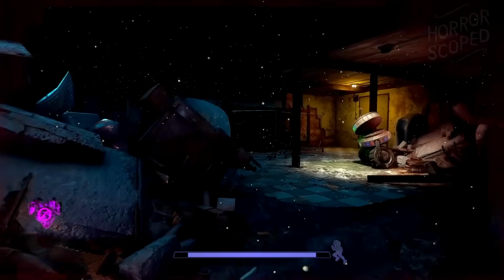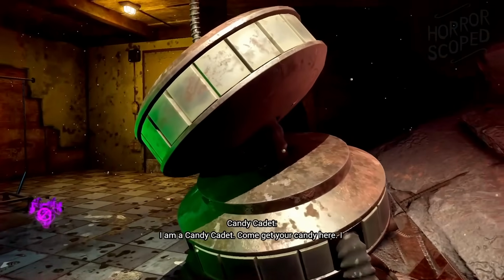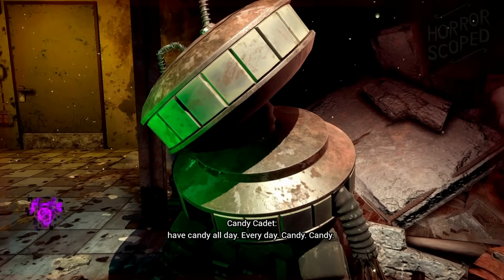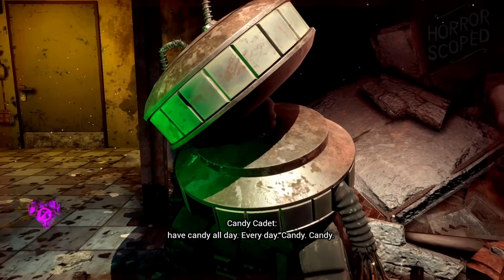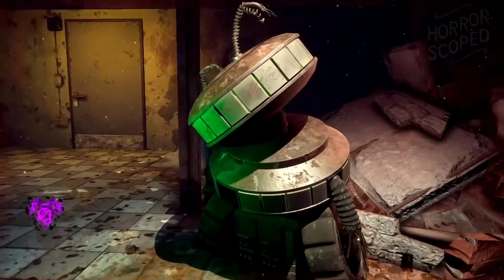After leaving this cave area is where we'll have this interaction with this robot known as Candy Cadet. It'll spout off, "I am the Candy Cadet, come here. I have candy all day, every day. Candy, candy, candy." However, Candy Cadet has more to say, which is based on how many Faz tokens we've collected